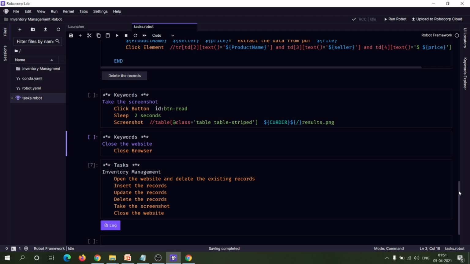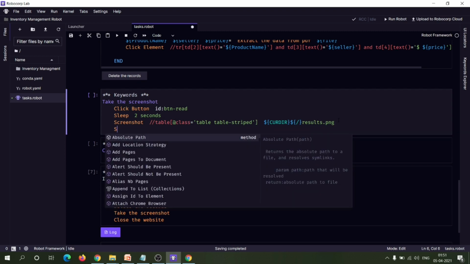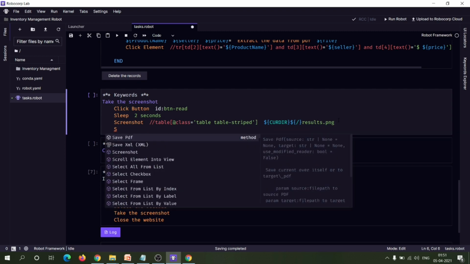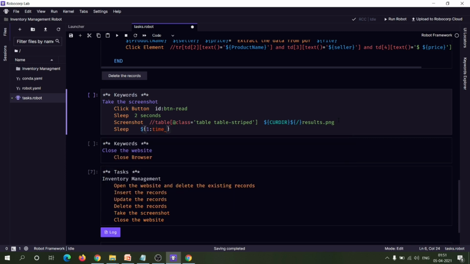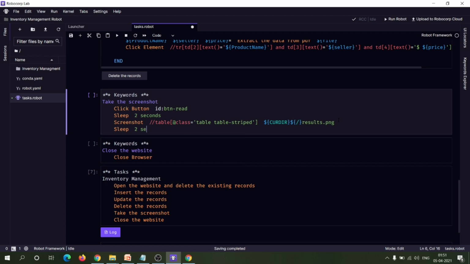Then we closed the website. So these are the steps that we had done under the inventory management process. Let me also provide a delay of 2 seconds after taking the screenshot, so that we can see what's actually happening.